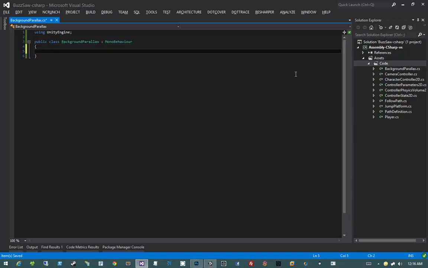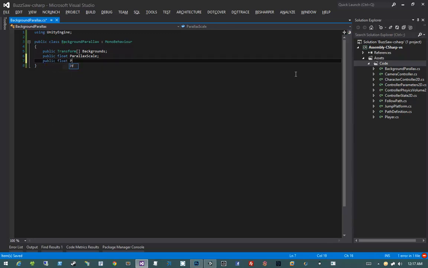Let's go ahead and give it some public properties. What it's going to do effectively is have an array of transforms called backgrounds. These are the background layers that it's going to scroll as the player moves around the world. Now we need a couple other variables to define the behavior of the background parallax. So first we need a parallax scale. Then we need the parallax